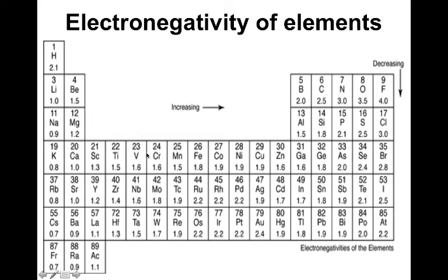Now, just to summarize, this is the electronegativity of elements. You do not have to memorize these numbers, but what this table really tells you is that the electronegativity scale goes on increasing in the periodic table as you go from left to right, and it goes on decreasing as you go from top to bottom. So here you will see the highly electronegative atoms such as nitrogen, oxygen, fluorine. Now, going back to the previous slide,